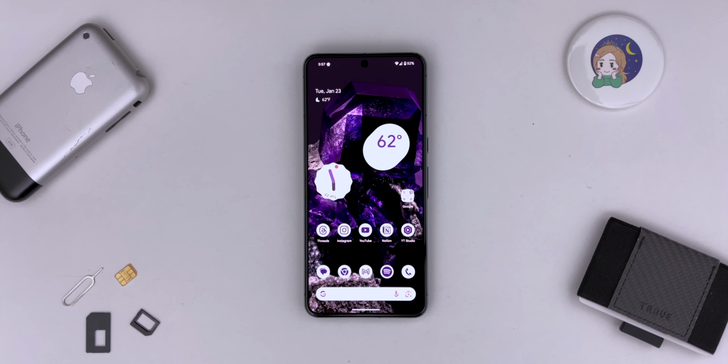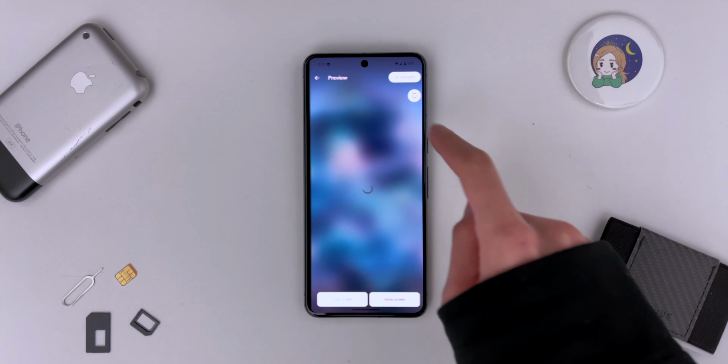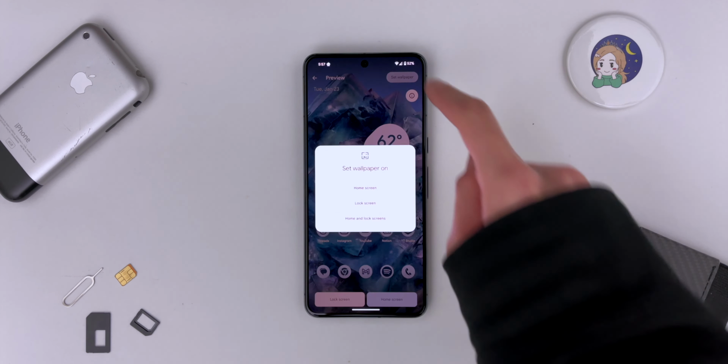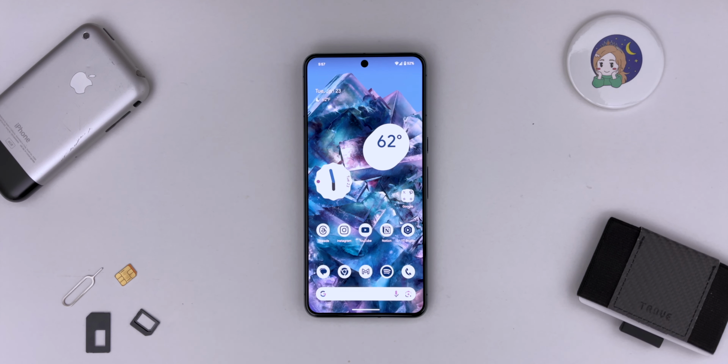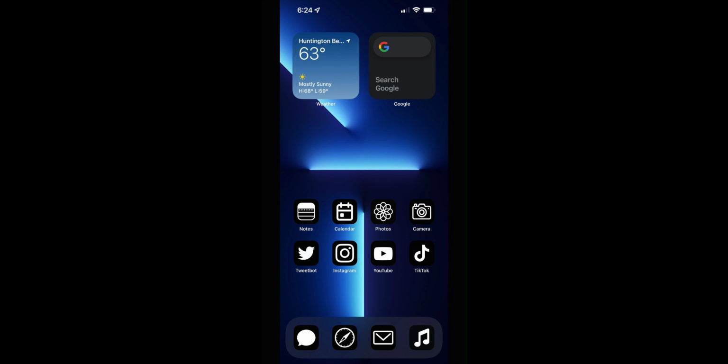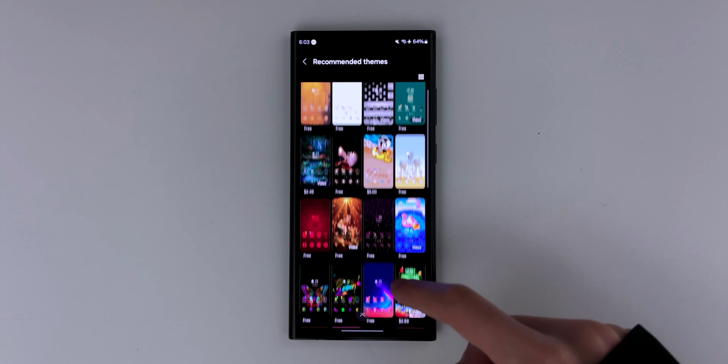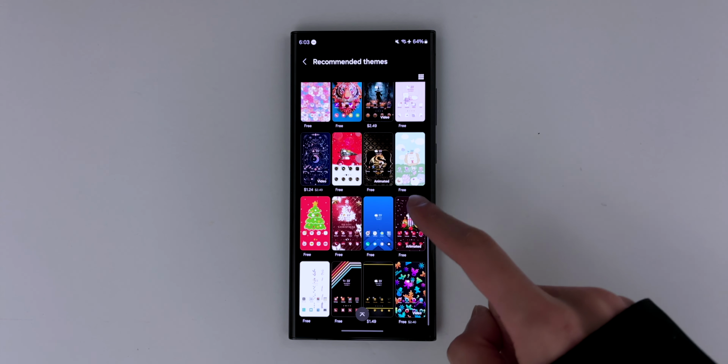The home screen on Android is a lot more customizable. For starters, the icons can adapt to your wallpaper. Like on the Pixel 8 Pro, if I switch to this blue mineral wallpaper, the app icons and toggles will match. And you can move any app or widget around. I'm not saying iOS can't do any of these things, they'll just take longer. And on Galaxy phones, there's a store where you can download themes to change the entire look.